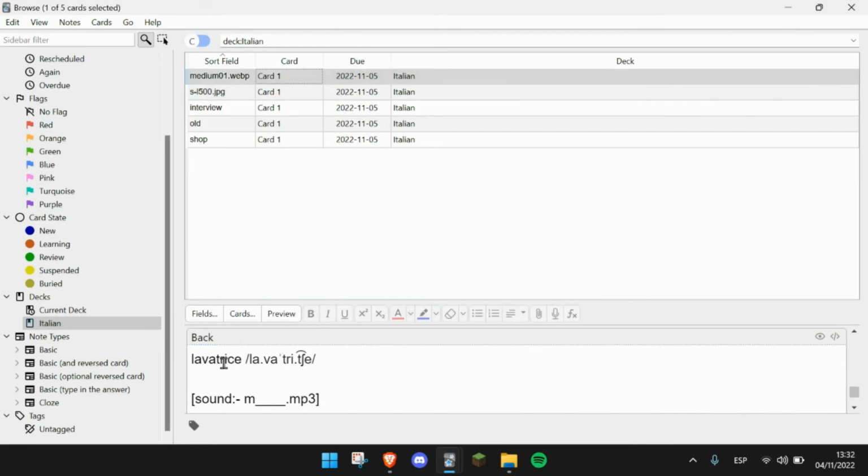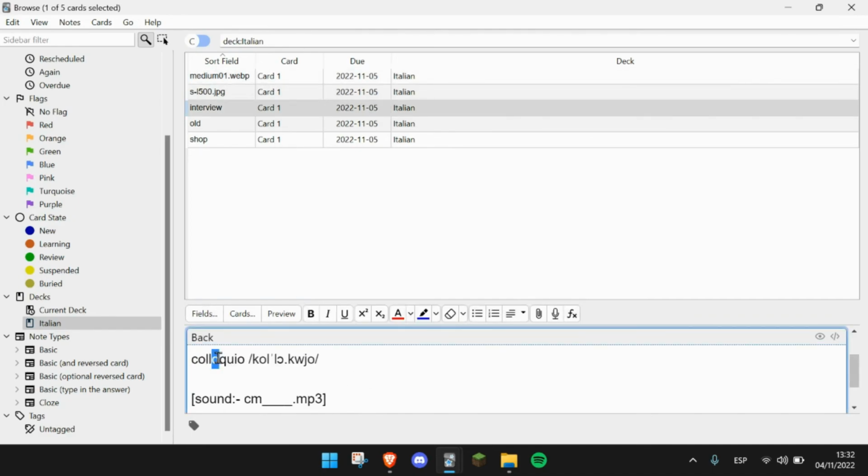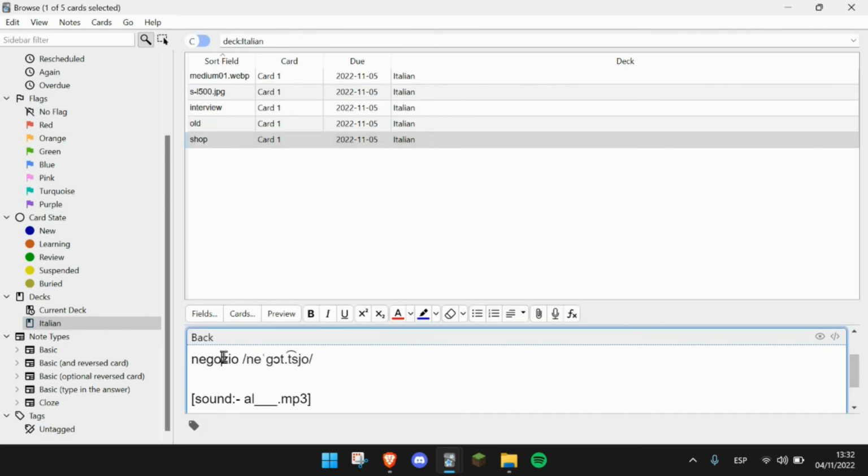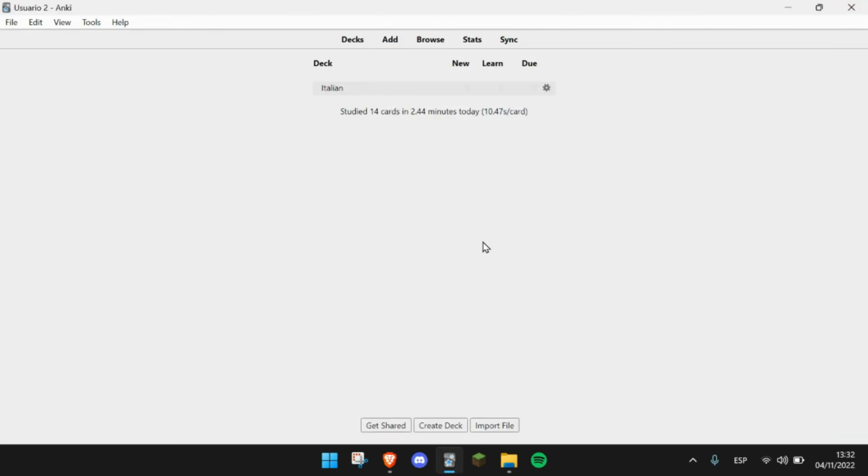And it's easier to remember the tonic vowel, of course. So here it's the same: lavatrice, colloquio, vecchio, and negozio. Okay, so that was everything about reviewing words.